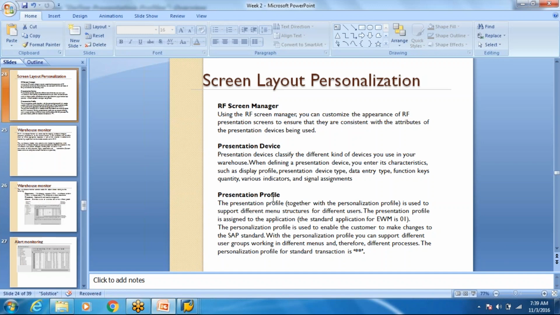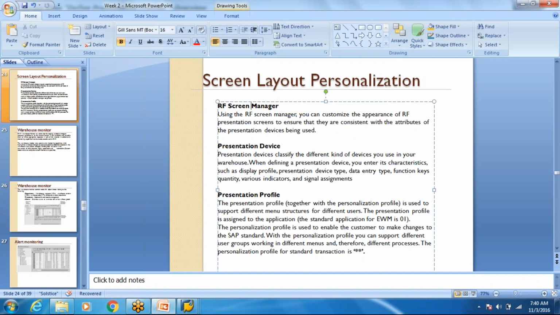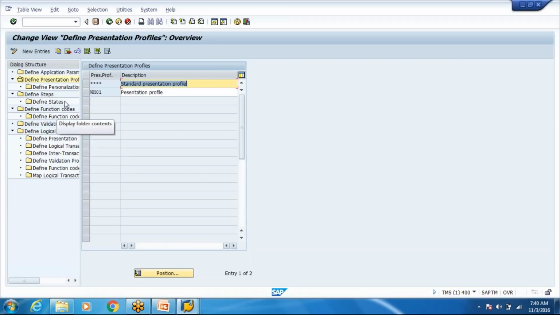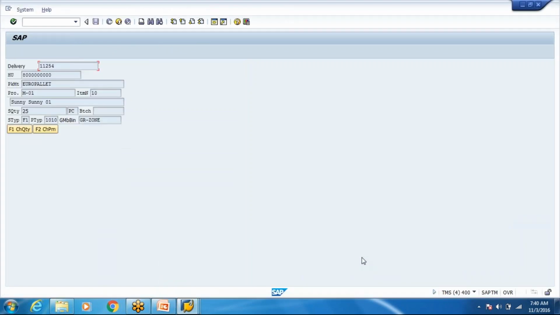Then we have something called the screen manager, where we control the screen sizes and can change the screen attributes. We also have something called the presentation profile. Presentation profile along with personalization profile, you can see both of them here. What it basically does is control which menus you can see on your screen.